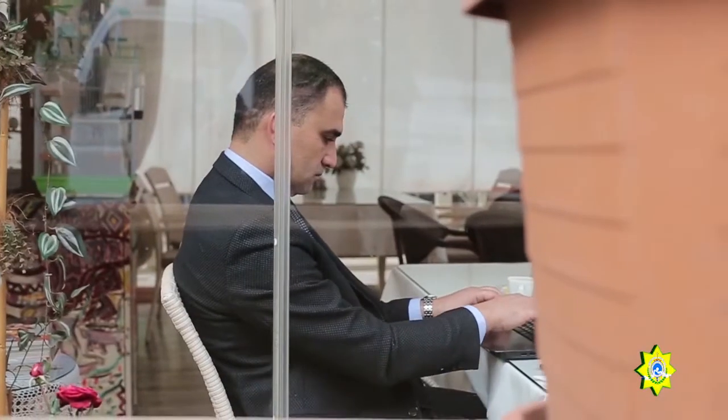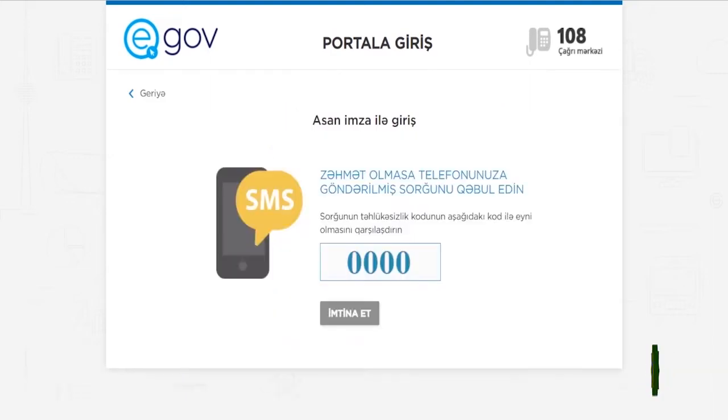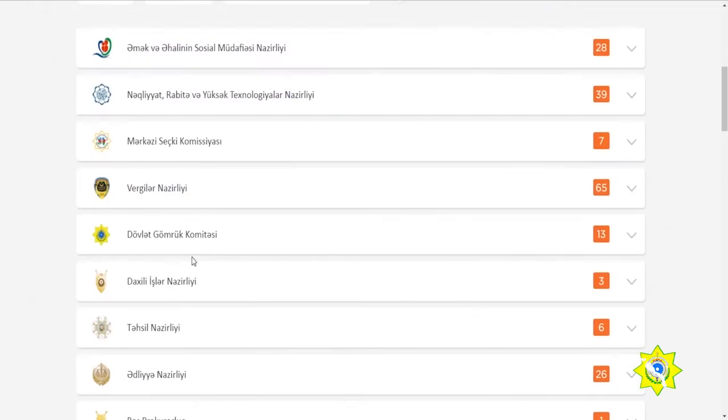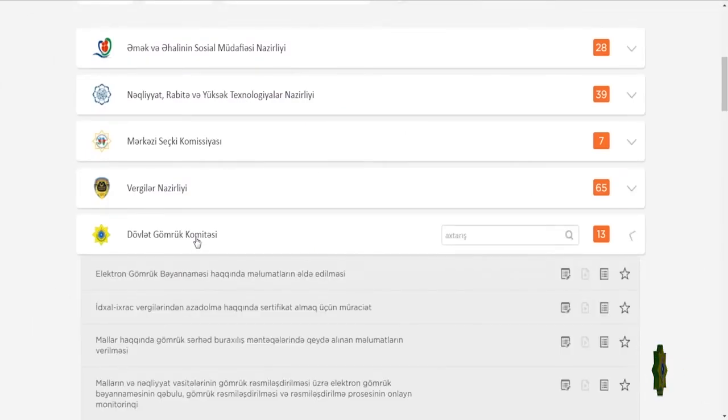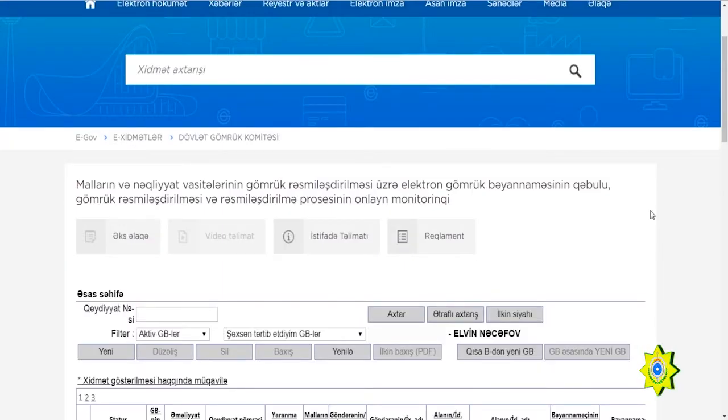Every entrepreneur can make up the short import declaration via the e-government portal from any place having access to the internet and send it to the customs bodies. You are required to enter the personal cabinet from the list of the services provided by the State Customs Committee. Select the section of reception of e-customs declaration on customs clearance of goods and transport vehicles, online monitoring of customs clearance process. Then, you carry out operations related to the declaration on the page opened after you click on the